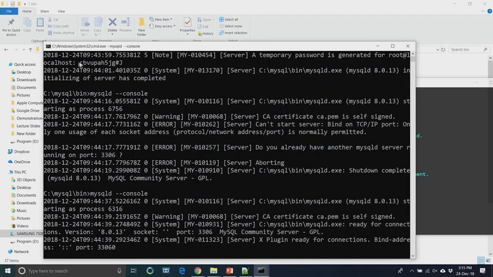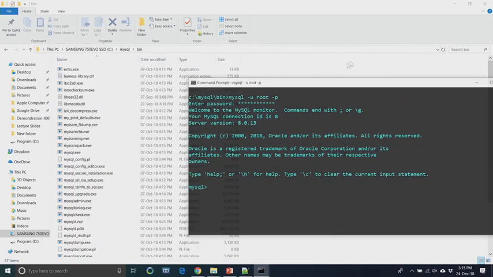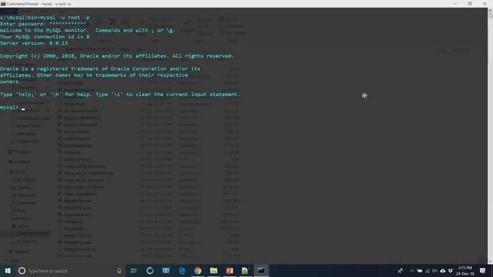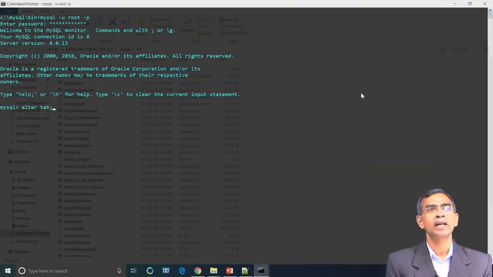This is the localhost password, as mentioned. You have to give the password at the beginning, so we are copying it and pasting. However, we can change the password also. For this we write the command ALTER USER, and we give the user name as root at localhost.